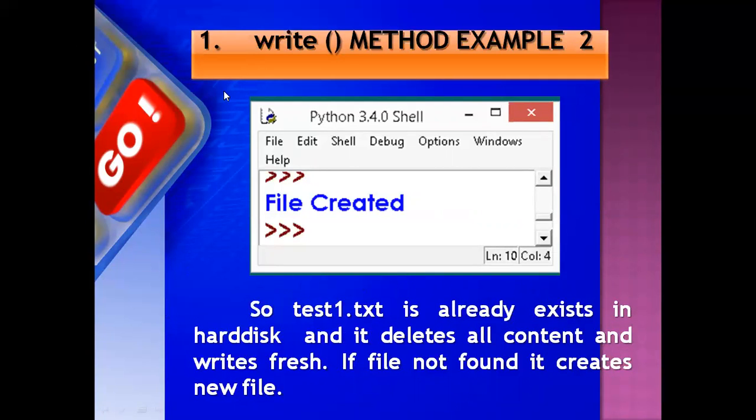See here the output whenever we run the file: any text which you are writing there will be displayed here. So test1.txt already exists on the hard disk, and it deletes all the contents and writes fresh. All previous contents will be deleted and fresh content will be there.